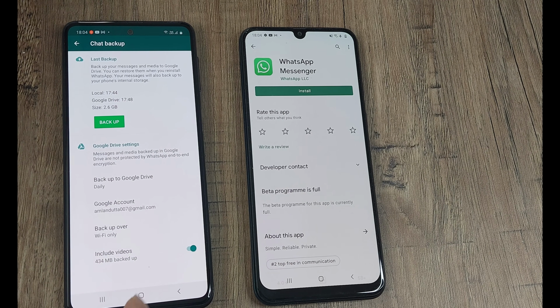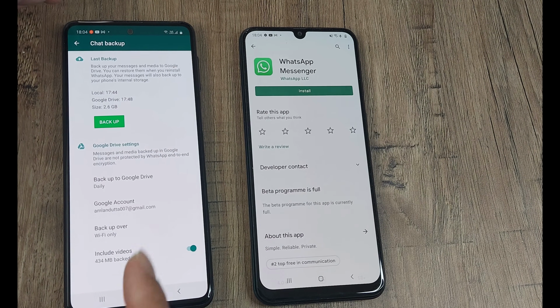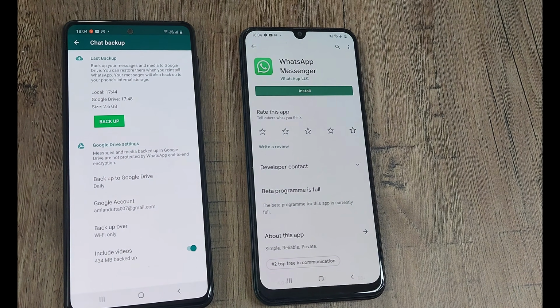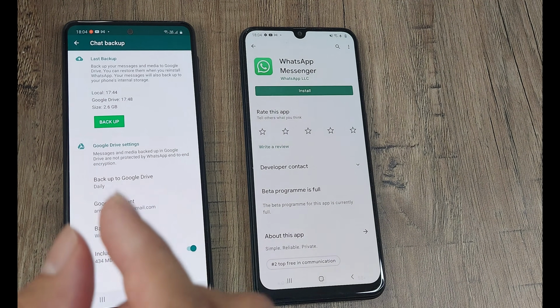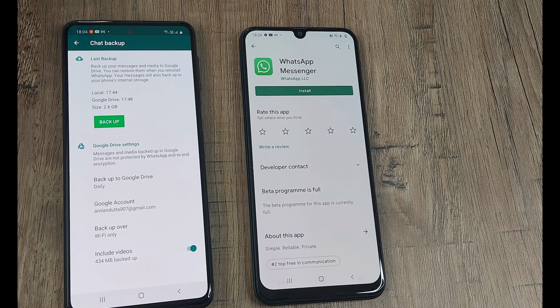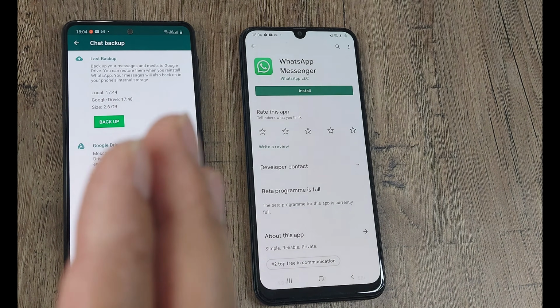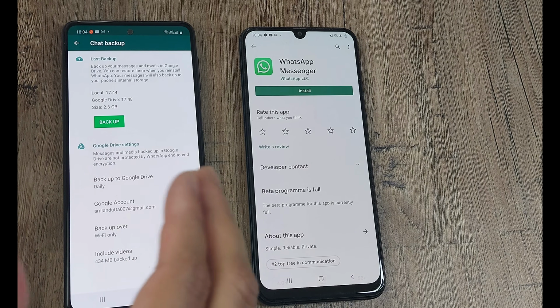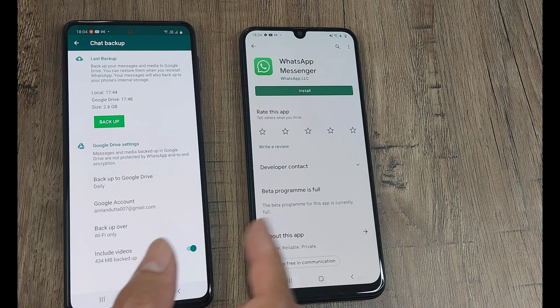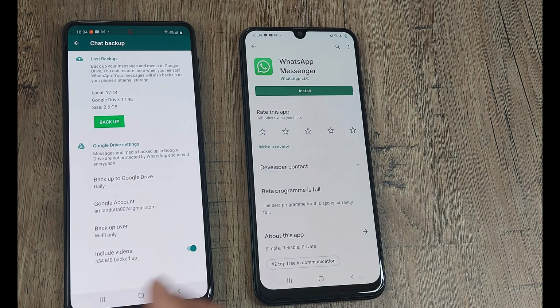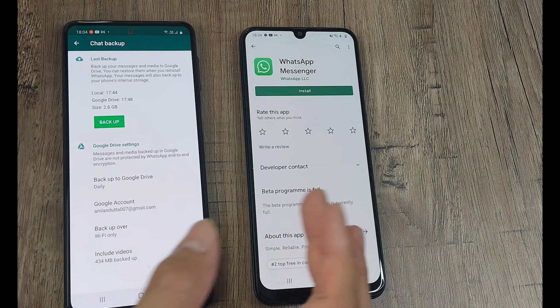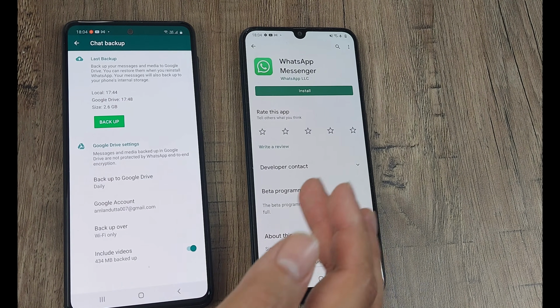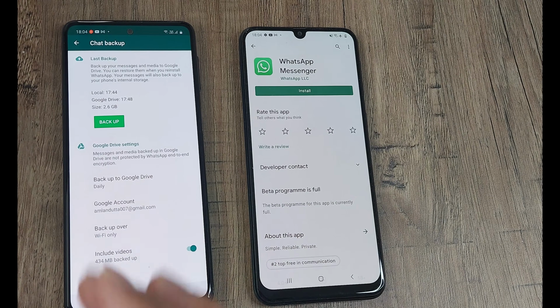As of now, you see the time is 16:04 and the last backup happened at 17:44. If in the meantime I have received certain messages, I want to take an instant backup so that my backup is right for this moment. That is what I'm going to use on my other phone as well. That backup would get stored on the drive, and since both phones share my common Google Drive, I can restore my WhatsApp on a new device from the Google Drive.